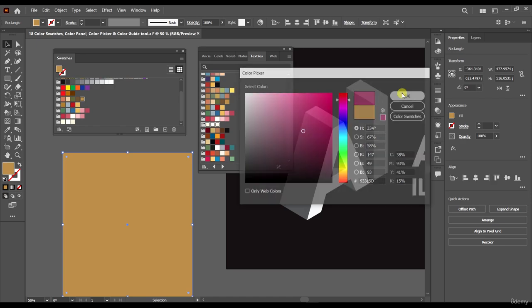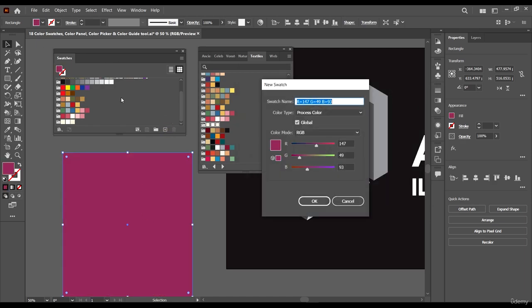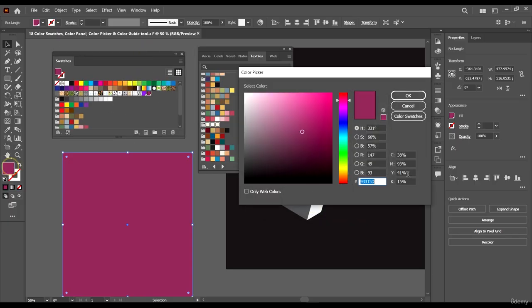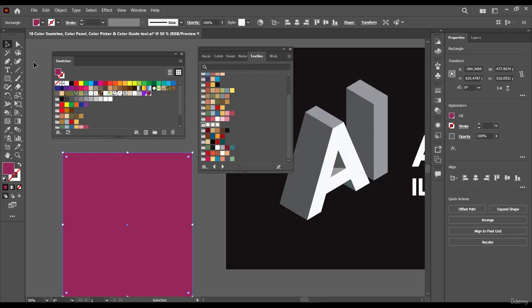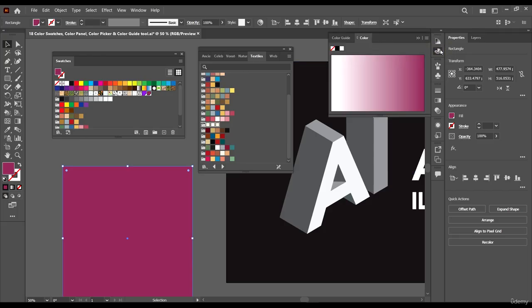If you are okay with it, you can create a swatch with it and have it stored. And that's it for your color picker tool and your color swatches. Now the next thing we have to look at is the color panel.